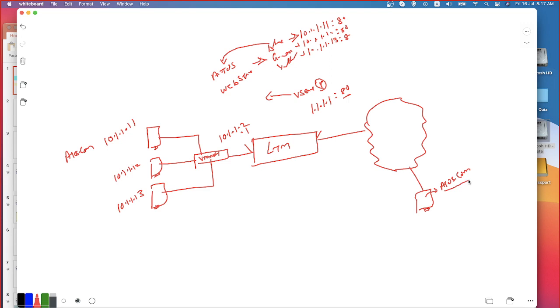What is the order of precedence? Where will it check first? The domain name needs to be resolved to an IP address. First of all, it will check the internal cache, correct? The DNS domain name cache is going to be verified. If a match is found, that IP address is immediately used. If not, it will check the hosts file, which is found in /etc/hosts. If it is not there, then it will go to your DNS server, correct?